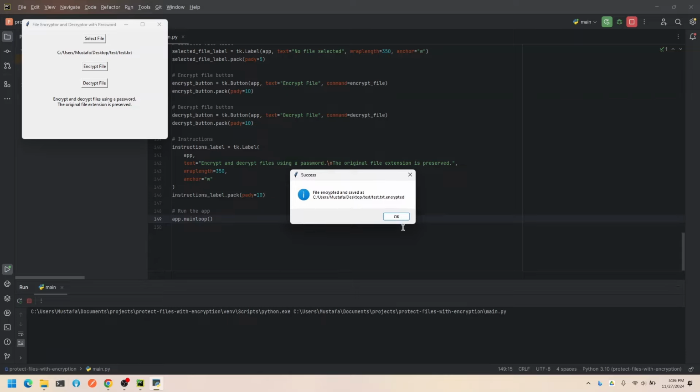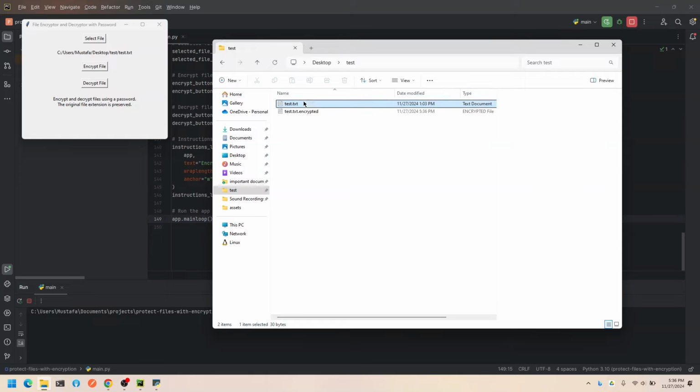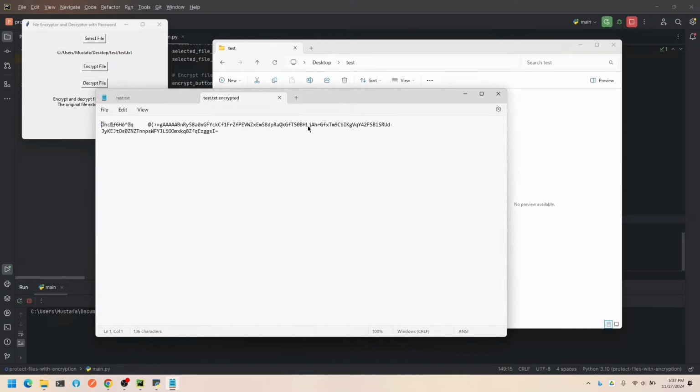Okay, the file has been encrypted and saved. As you can see, the original file includes the test message, but when we click on the encrypted file, you will see that the message has been encrypted successfully.